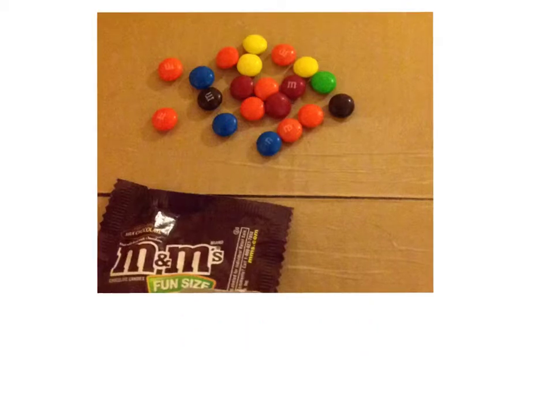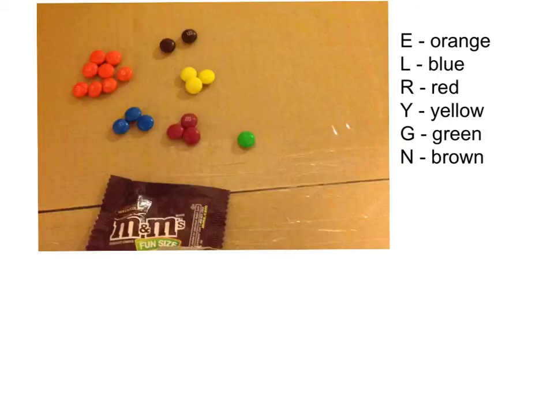Let's look at the picture again now, and let's pretend color does matter. Let's say that an orange M&M is not the same as a blue M&M, and a brown M&M is not the same as a red, or any combination of that. Go ahead and pause the video now while you determine how many of each M&M there are. Okay, if you are anything like me, you broke them down like this. And because my brain thinks algebraically, I even went ahead and put a letter for each M&M. So if I were to write this out and make it look like an algebra expression, I would see that there are